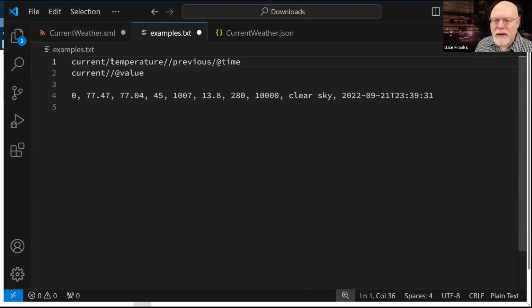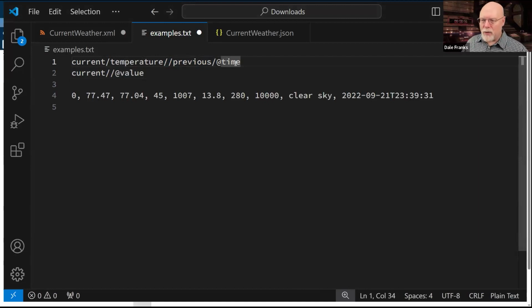This says, all right, I want to do a search in current temperature, and then I want you to return everything. That's what the double slash is telling me. Give me everything in previous that has a time attribute. And there are 4 previous records. Each of those records has a single time attribute because I only have 1 attribute per node with the same name.